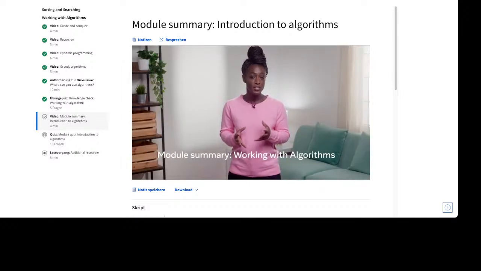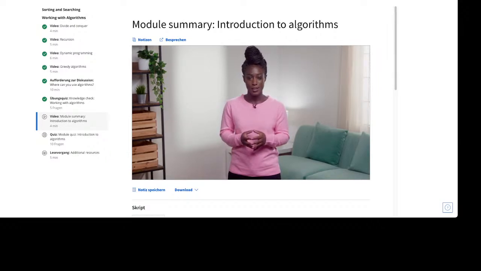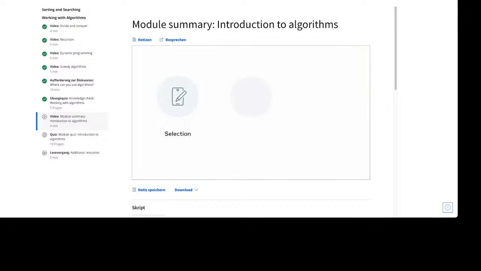Well done! You've reached the end of the Working with Algorithms module. Let's take a few moments to review what you learned during this module. You began the module with a lesson on sorting and searching. First, you learned about why sorting is important and explored the three main methods for sorting: selection, insertion, and quicksort,